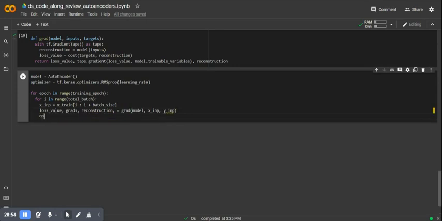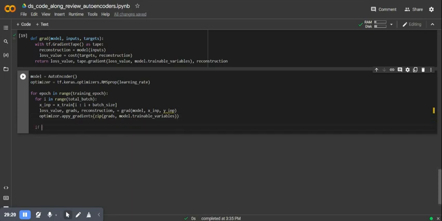The optimizer, apply the gradients in a zip, grads, model trainable variables, and then